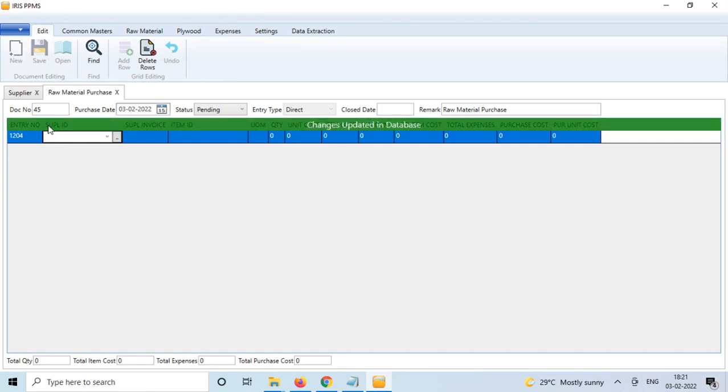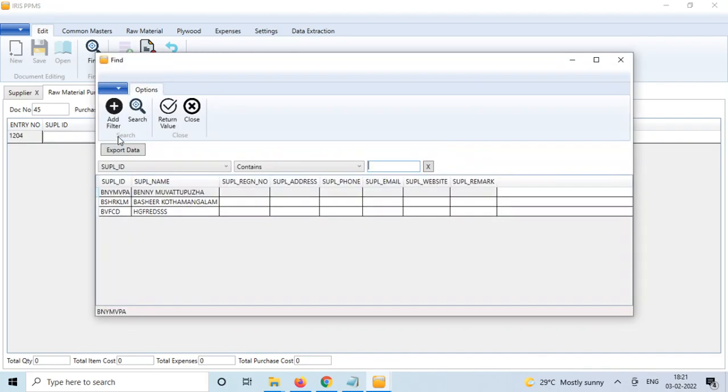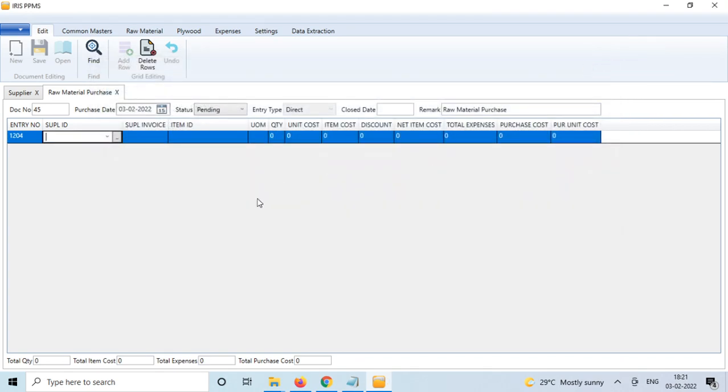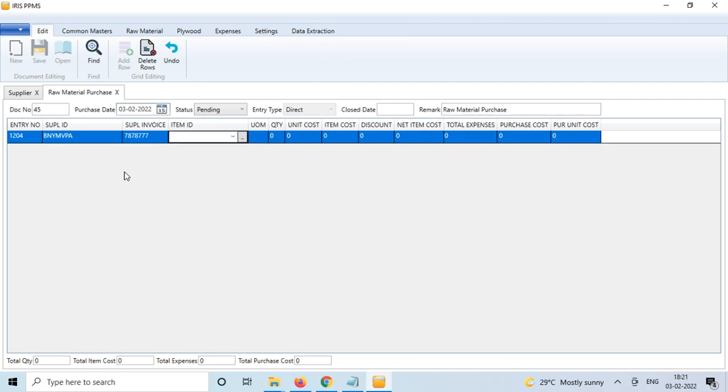So now I am getting a new document number, and here I need to specify the supplier ID from which I am purchasing. So here I can either use the drop down, or I can use the find option by clicking here. Either way, I will get all the supplier IDs which are already saved in the masters. So here I am using the drop down and then entering the supplier invoice, and here the item ID also I can either select from drop down or from the find option. Here also I am using drop down,